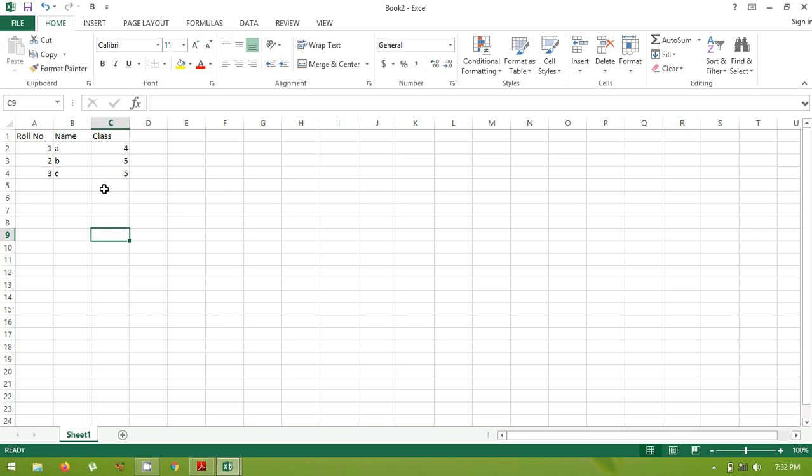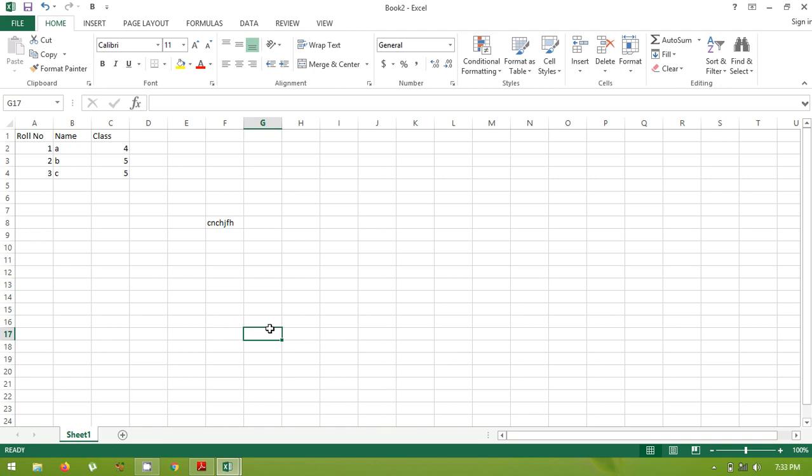When we enter numbers, they always come to the right side of the cell, and when we enter text or English alphabets, it always comes towards the left-hand side. The second way is also that you select the cell wherever you want to enter the data and go to your formula bar. Here also you can enter whichever data you want. So this is how you can enter data in a worksheet.